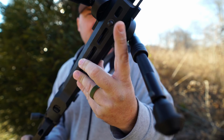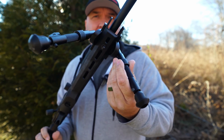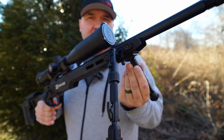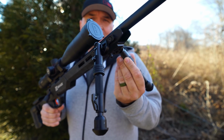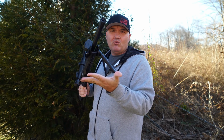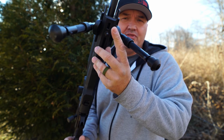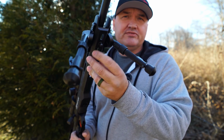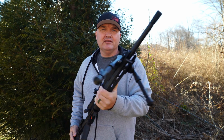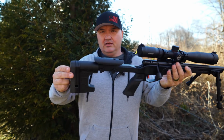Sling swivel stud. Now I put an M-LOK bipod on it that I got from Amazon actually. The jury's still out on that as far as I'm concerned. It's not the most solid bipod in the world, but I love how it gives it that wide stance and doesn't take up my sling swivel stud there. So a lot of positives to it. Like I said, I haven't had it long enough to fully endorse it for you guys or anything, but so far so good on that bipod. This thing does have